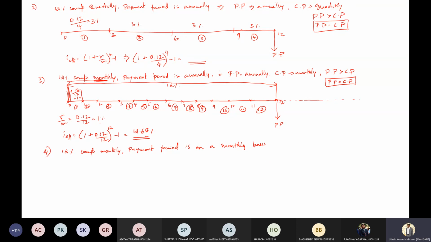See, in the question, it will be given that, say, Ramu would like to take a car loan. He makes equal monthly installments, or he repays the loan on a monthly basis. So that is where it is clear that your payment period is on a monthly basis, and the interest rate will be given as either 12% compounded monthly, or 12% compounded quarterly, or any other. You need to make the compounding period and the payment period equal in any way. I'll come to that.